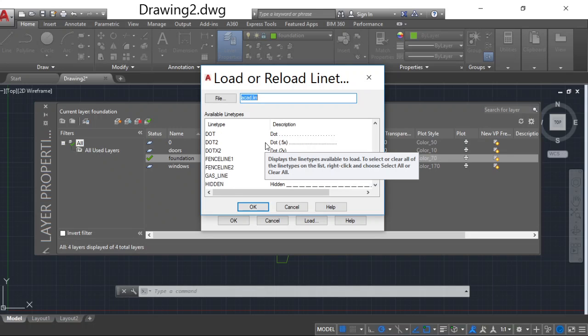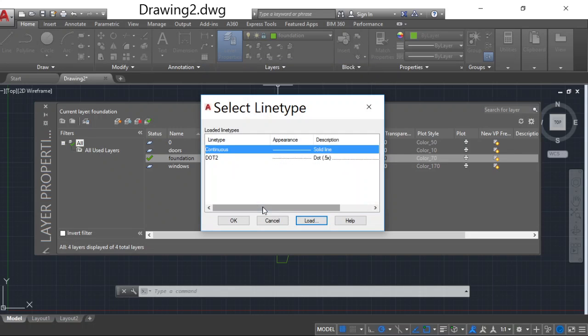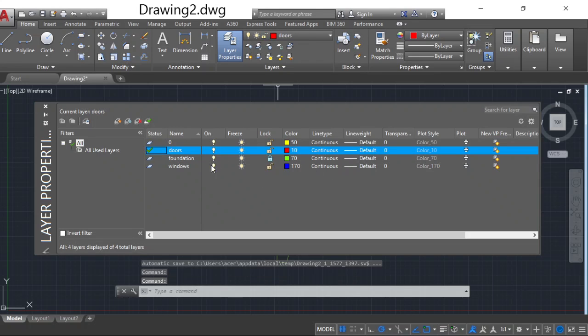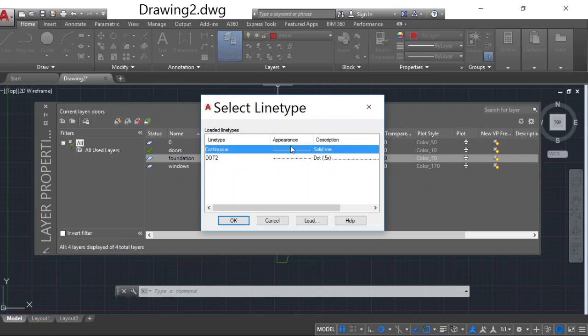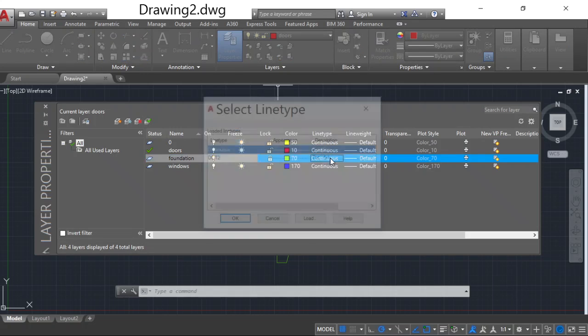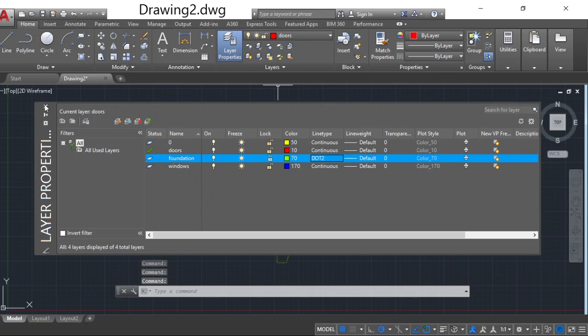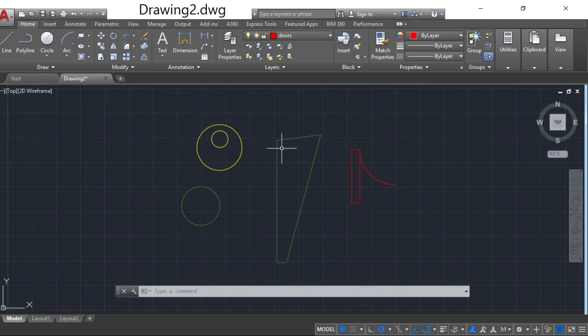Several line types are there, choose any one of these and click OK. Now in the foundation I am changing to dotted, so you can observe that in the foundation layer all the objects, instead of continuous lines, appear as dotted lines on that particular layer.